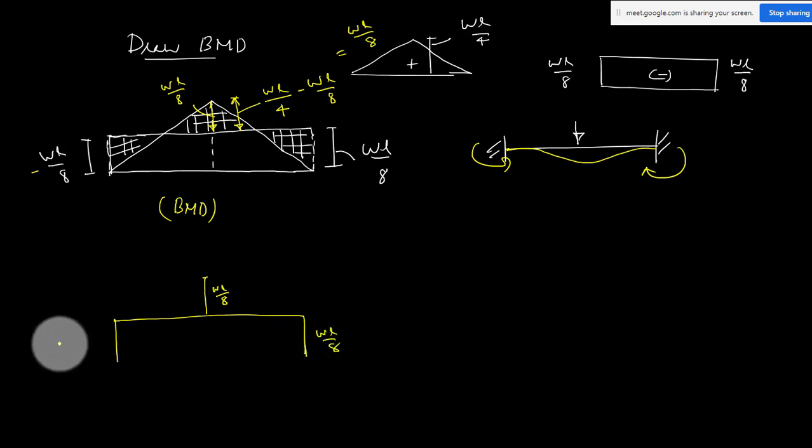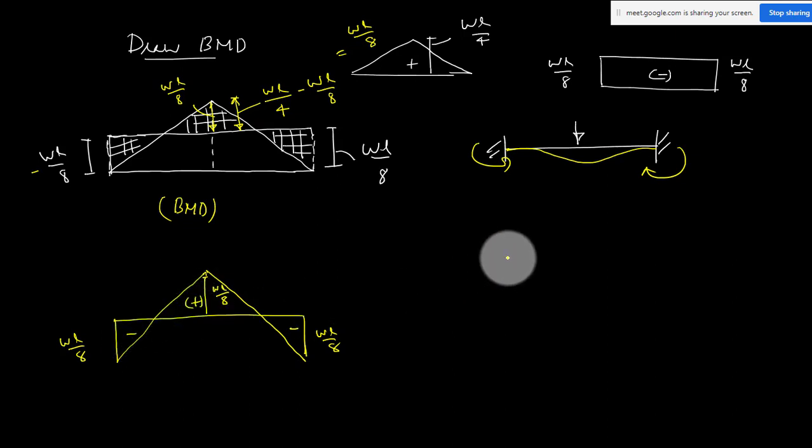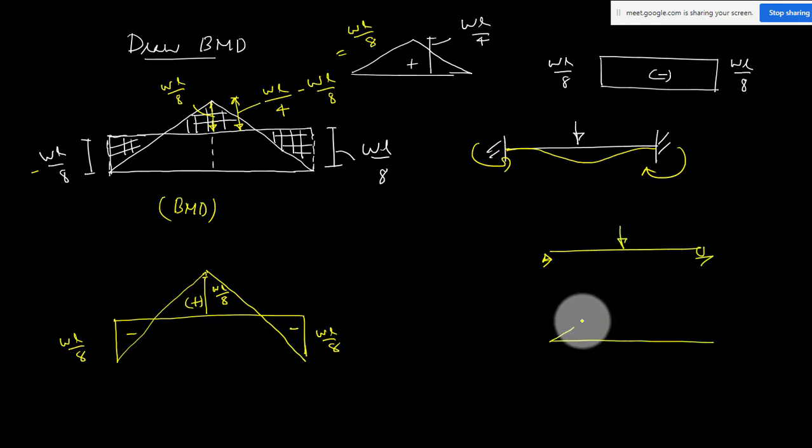So you can also draw the moment diagram for the fixed beam like this. This is your moment diagram, linear variation in between. It is the moment diagram. It is hogging moment, negative. It is the sagging moment. But if it was a simply supported beam, what is the moment diagram? This is the moment diagram, fully sagging. The beam is completely in sagging condition. So maximum moment was WL by 8. Sorry, WL by 4.